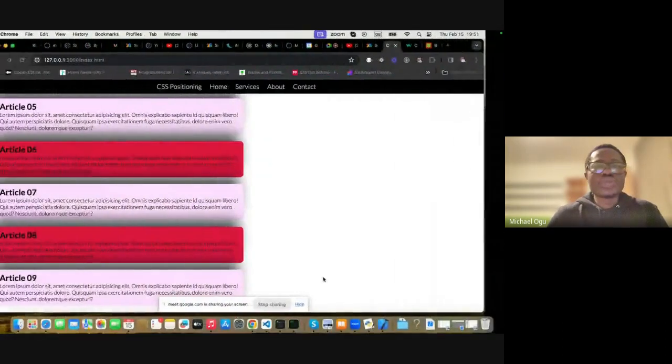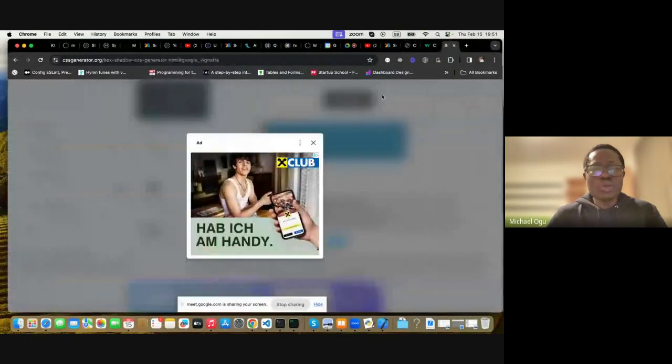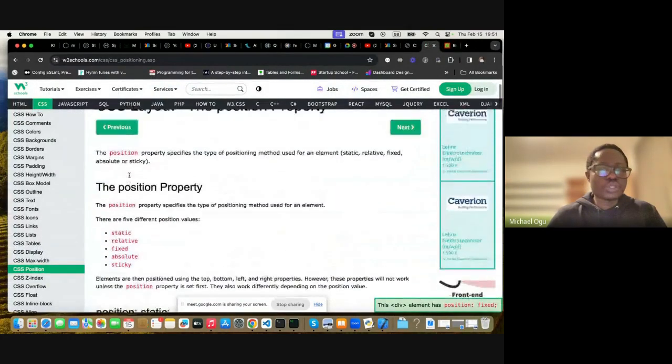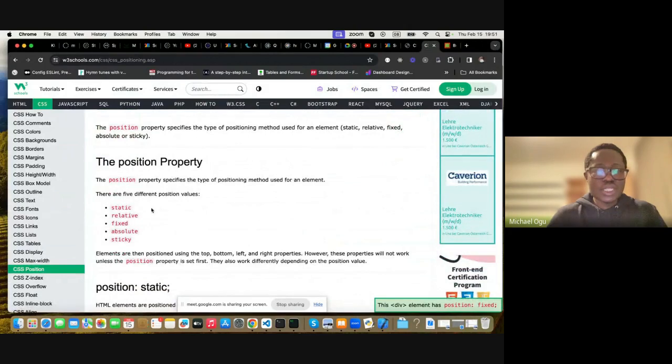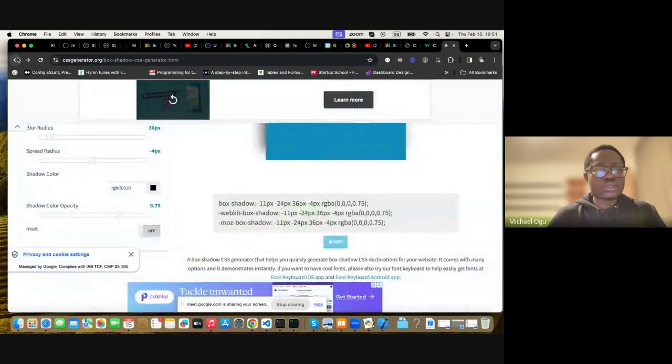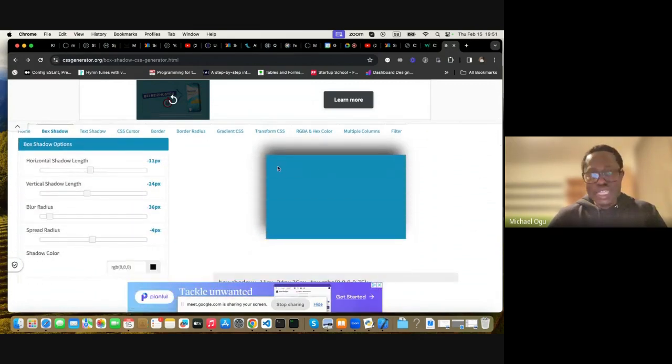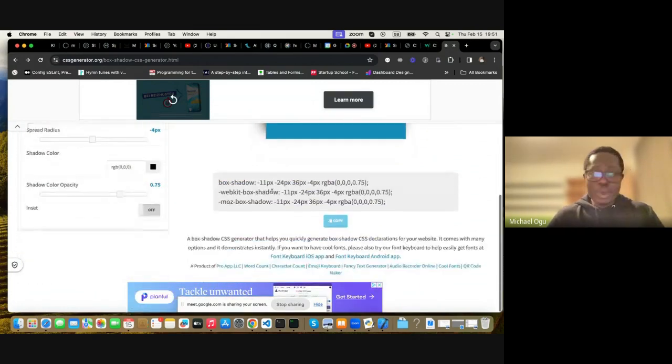So yeah, we also learned about what this is. These are the position property values: static, relative, fixed, absolute, and sticky. We also learned about box shadow, right? So I just type box shadow generator because I want to get something like a shadow like this. So remember, all these values